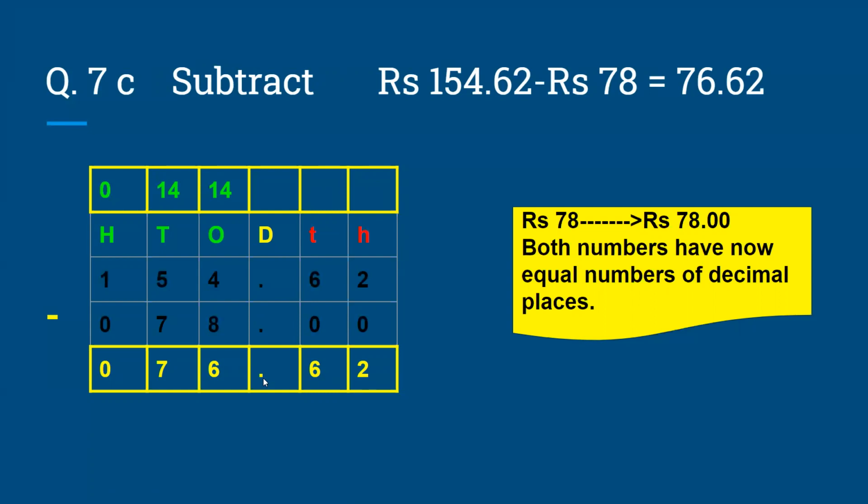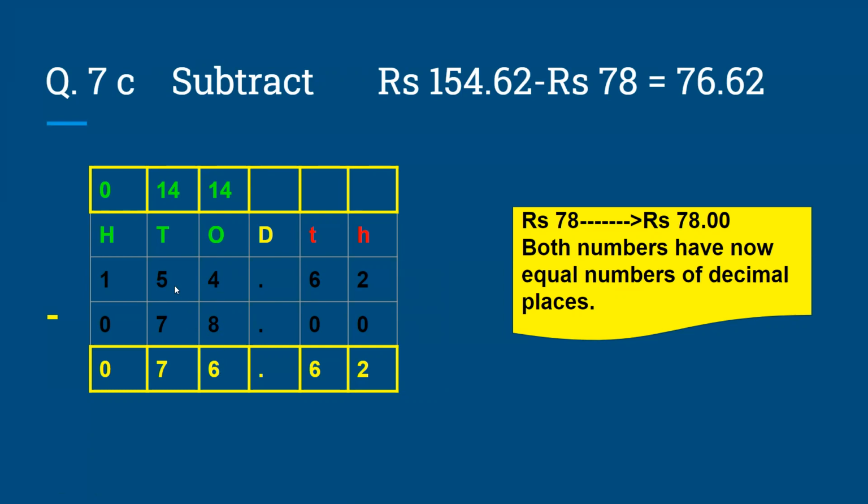Now we will put the sign of decimal under decimal. And from 4, we can't subtract 8. 4 is smaller, 8 is bigger. So we will borrow from tens. Now tens are 5. When it will give to ones, it will become 4. And ones become 14. Because they will get 1 tens. 1 tens is equal to 10 ones. 10 plus 4 equals 14. 14 minus 8 equals 6.